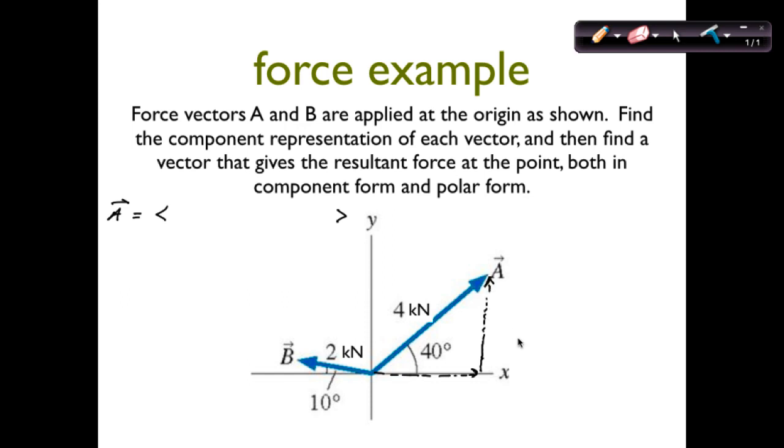And so what mathematical tool is going to get us those two vectors? Cosine and sine. This is going to be trig. So we're going to have 4 times cosine 40 and 4 sine 40. And then our b would be